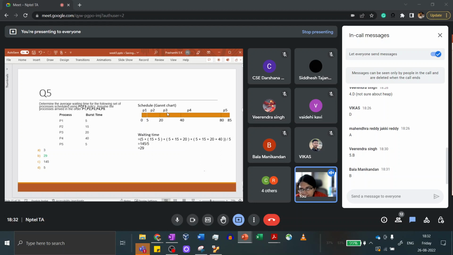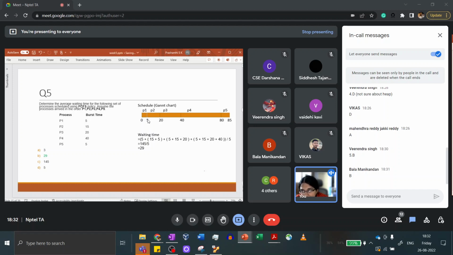So let's first draw this schedule or the Gantt chart for these processes, right? So you have P1, P2, P3, P4, P5, and they are going to be scheduled using the first come first serve policy, meaning that if P1 arrives before P2, P1 will be scheduled before P2, right? So they are going to be scheduled in the order of arrival P1, P2, P3, P4, P5, right? So let's write those 5 along the x-axis and then let's mark the times for each of them.